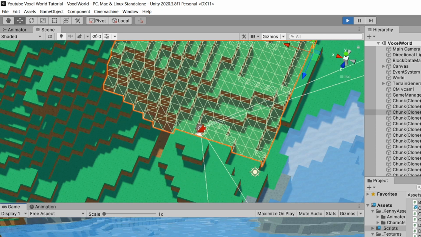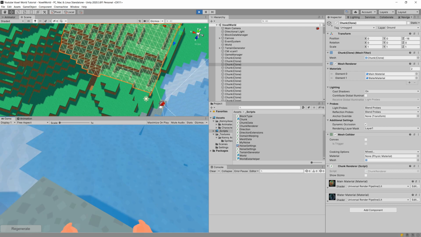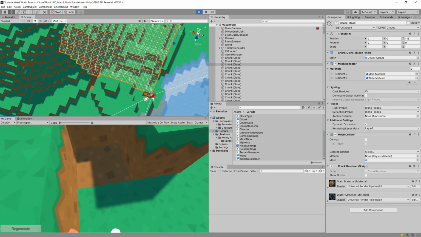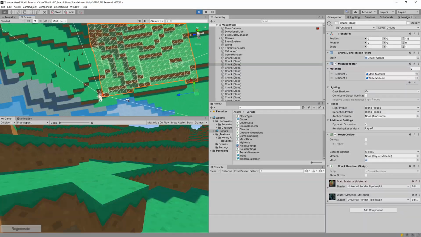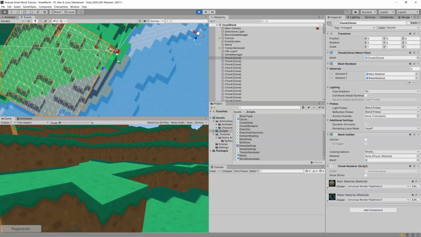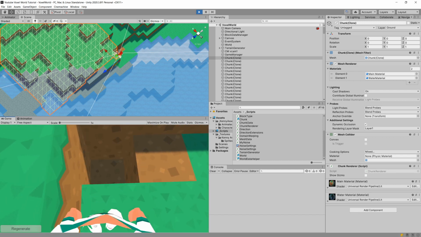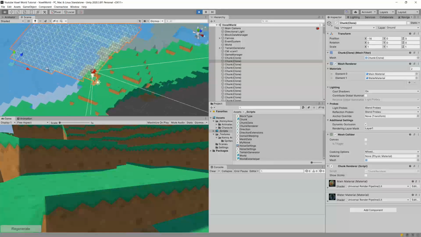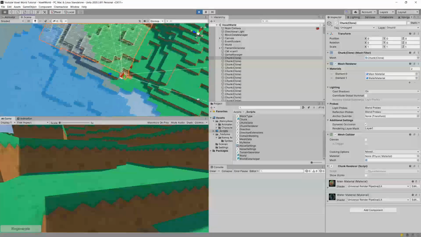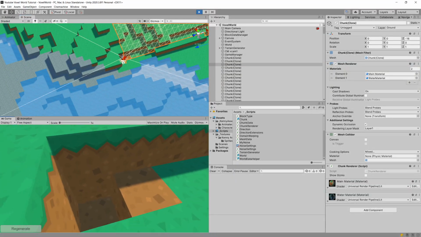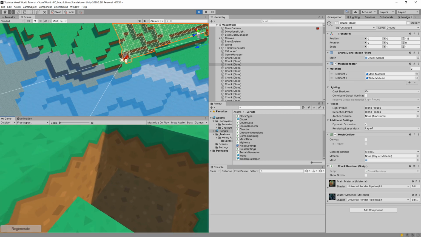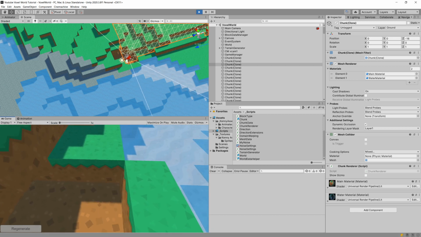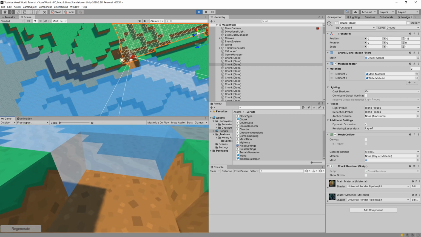So now what we could do is also check, for example, here we are going to update both of those chunks. So let's go to a corner of a chunk somewhere. Okay, and I think this is here. As you can see, we have now affected this chunk, and I think we need to dig one block down. And now we have updated this chunk, I think this one, and inside this one, and inside this one. So basically, we should be able to dig around here, and it all should be updated correctly. We should not see an empty space anywhere.